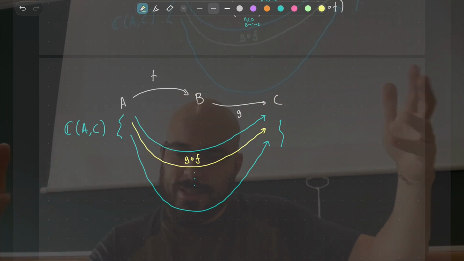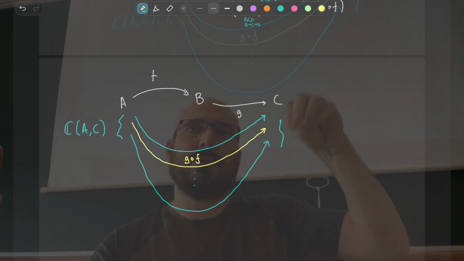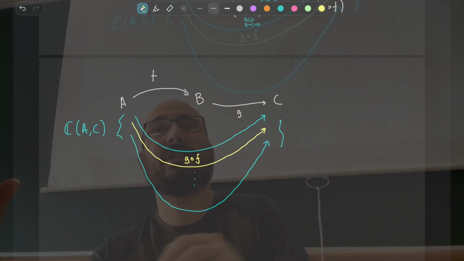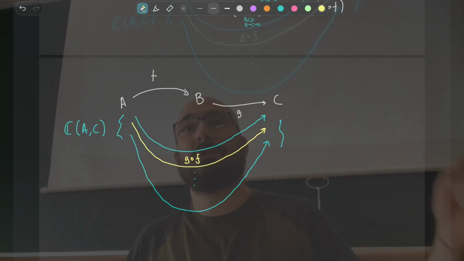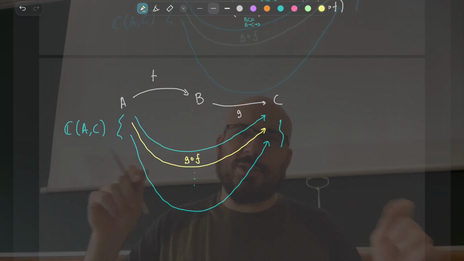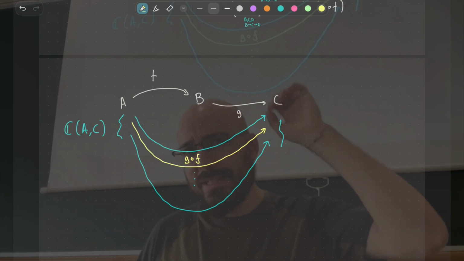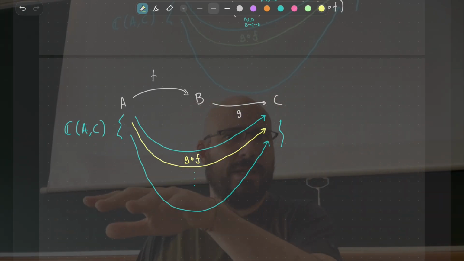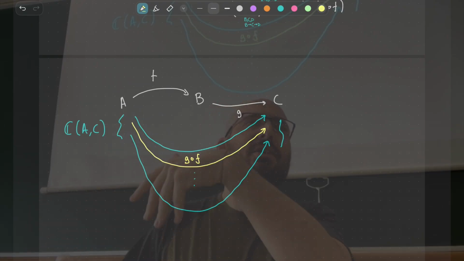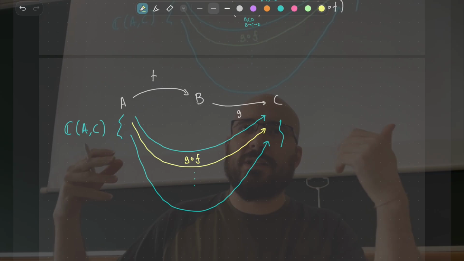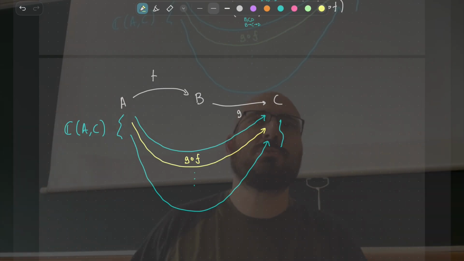And you may start having some problems if you think about sets, and if you fix a specific set theory, you may say, but there is no set of all those things because it could be too big or stuff like that. Let's not worry about these kinds of problems. They can show up if you worry about foundations in category theory, and you can solve these problems. But it's not the best thing to say, let's solve this problem in the first